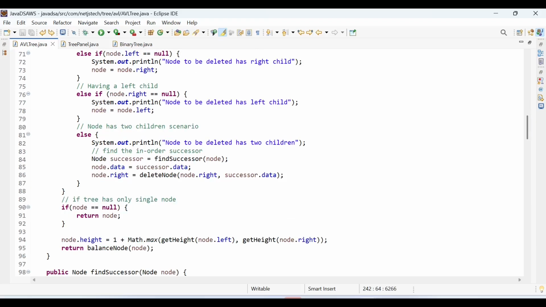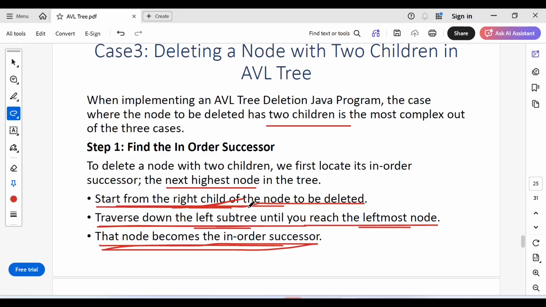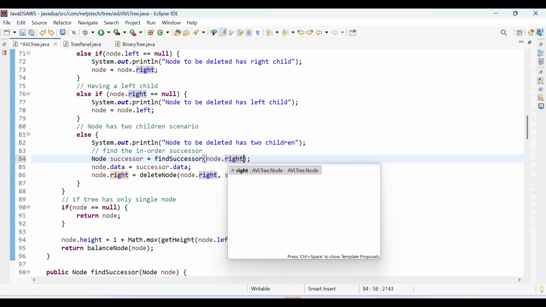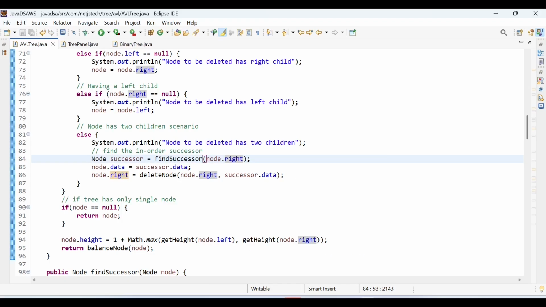Okay, so this is our two children scenario when the node which has to be deleted has two children, where you have to find the successor, right? Start from the right child of the node to be deleted. Okay, mistake here. You have to start from the right child, right? So successor we start finding from node.right, not from the node itself. Then